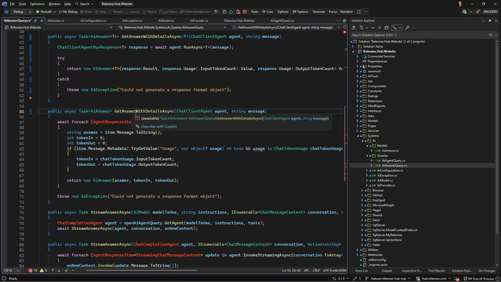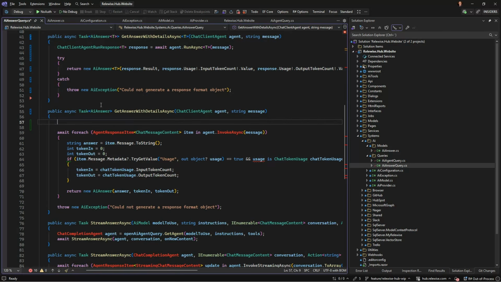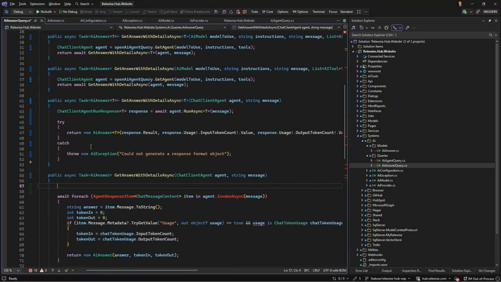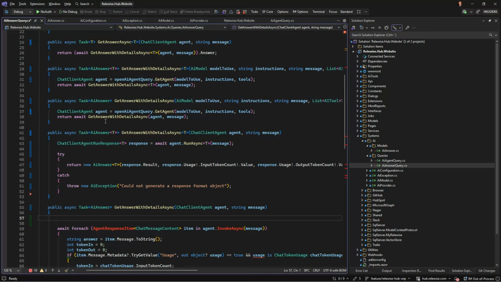So what we're gonna do, we're gonna do something with details down here. Guess it's the same. That's probably something I can clean up later on. What's the difference between this one and this one? Oh, this is just the answer without the details.